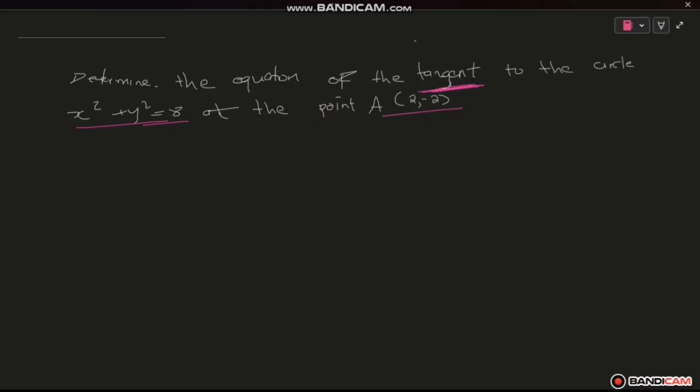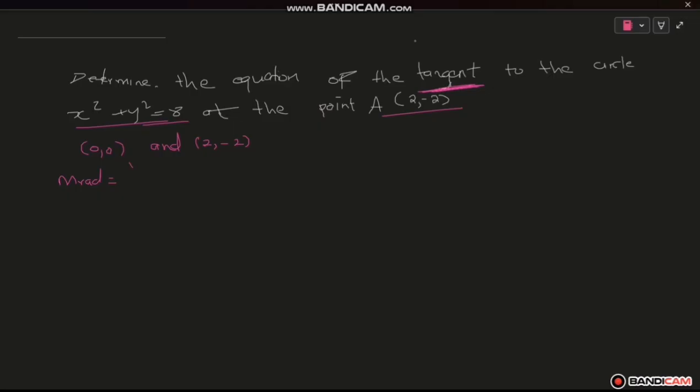So we know that the center here must be (0; 0). Why? Because the circle is at the origin. And we do have the point of tangency, which is (2; -2). So we use these coordinates to find m radius. We use the gradient formula that you were taught in grade 10 and grade 11. So m radius equals